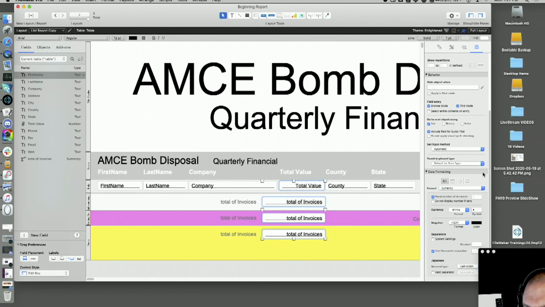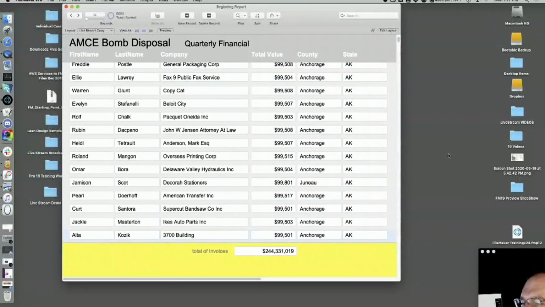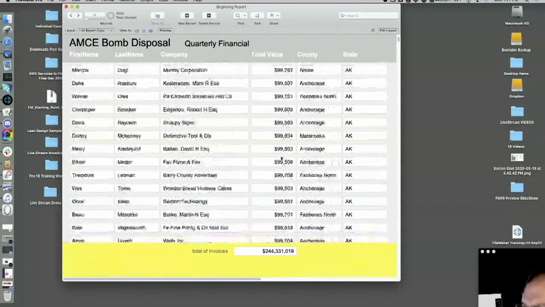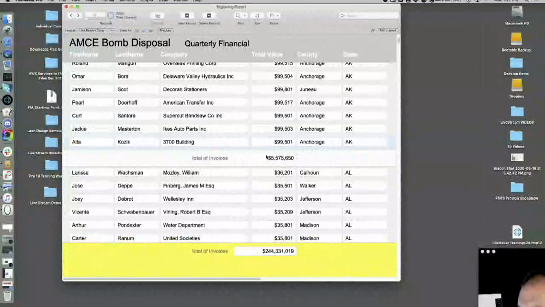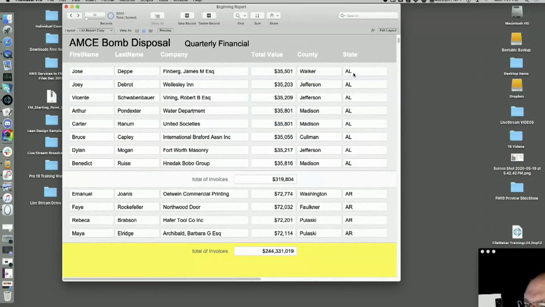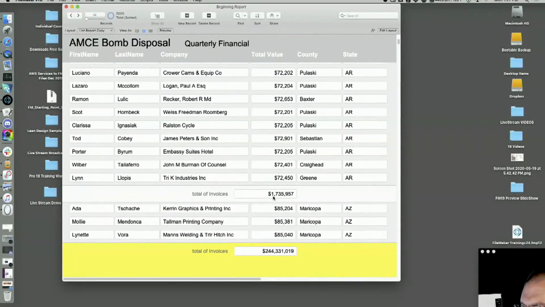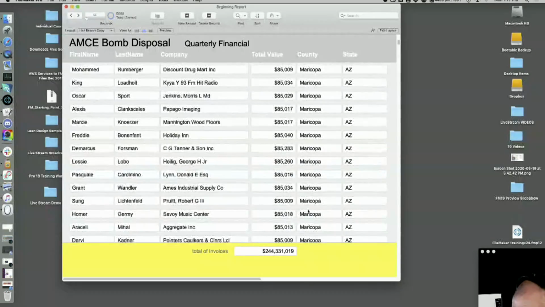Come down to the bottom. You say, I want a currency. I want to display, well, let's get rid of the change. So there's no change on there at all. Just whole dollars. So that 1,000 separator. Once again, I'm going to use US dollars. And so now 99,000. These are all like big orders down here. And then you get to the bottom and you get 5.5 million. You get to Alabama, 319,000. Then over here you got Arkansas, 1.7 million. Arizona, right? So you get the idea.